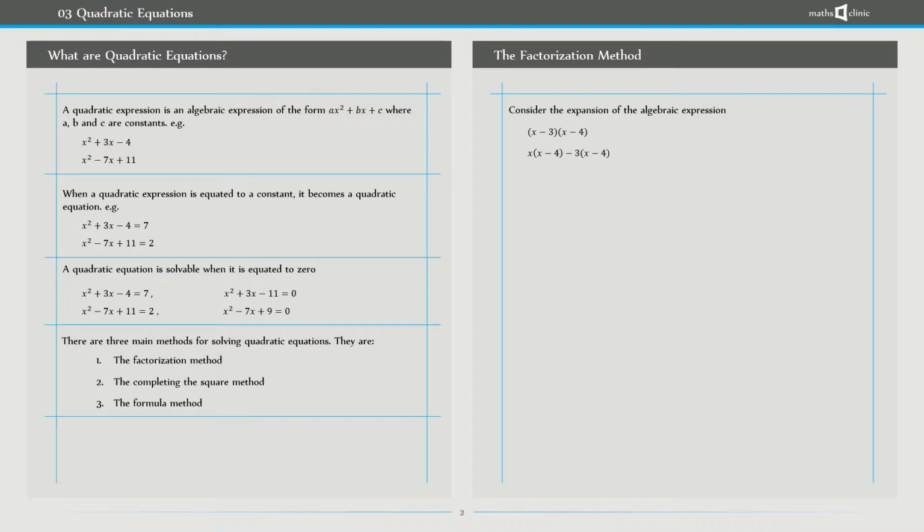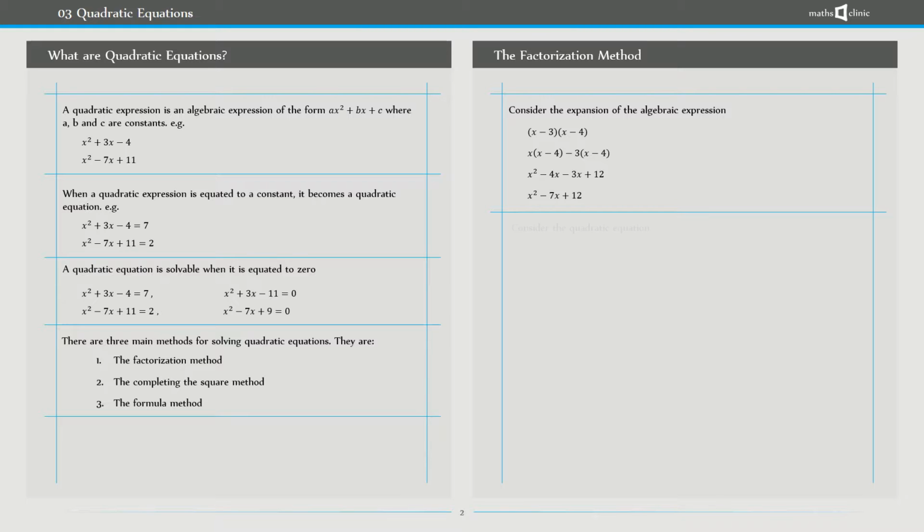Is that simple? And then when you expand that out, you'd have x multiplying x minus 4, you have x squared, minus 4x. Then minus 3 multiplying x minus 4, you have minus 3x minus 12. Okay, and then when you simplify that out, you have x squared minus 7x plus 12. Now I need you to note that. So we've expanded x minus 3 multiplying x minus 4, and we ended up with x squared minus 7x